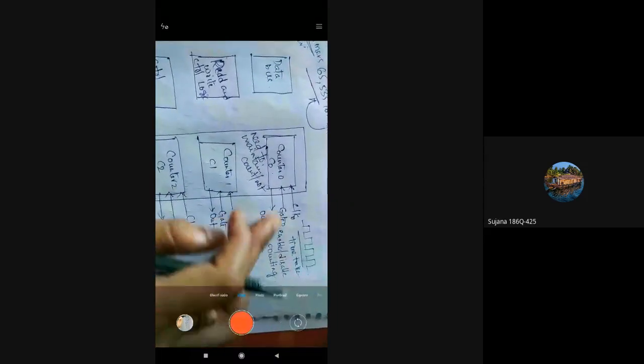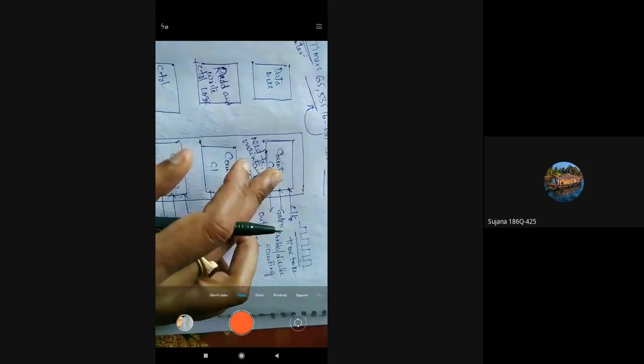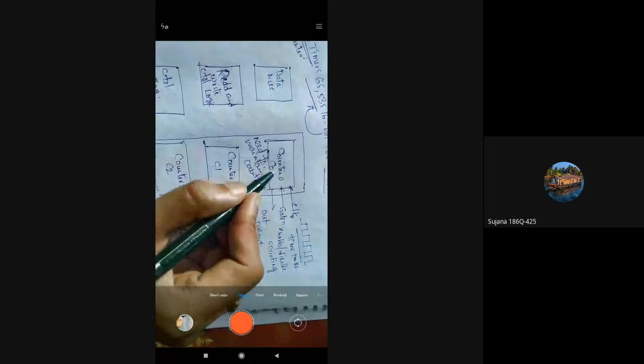And the last one is the out terminal, which is an output signal. It provides you the output of the counter. If it counts 4 clocks, the count on this counter is 4, so 4 will be displayed here. Or else, if it has not counted anything, nil will be displayed at this output terminal.